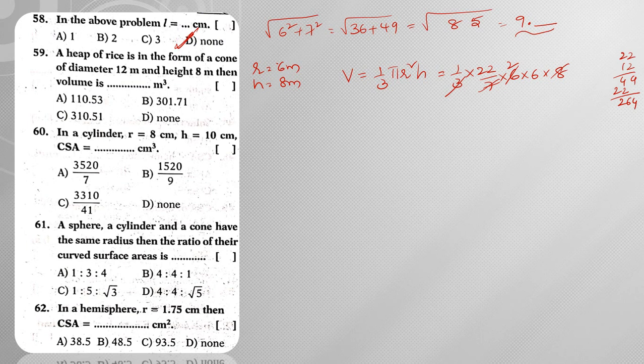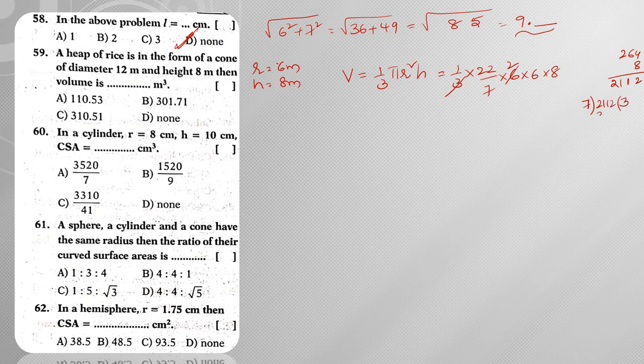Otherwise, if you want, we can directly do this without cancelling this 7 with 8. So this is 7 and this is 8. Now 22 into 12 is 264, so 264 eights: 8 fours are 32, 6 eights 48, 51, 5 is carried, 8 twos are 16, so 2112. So 2112 divided by 7.